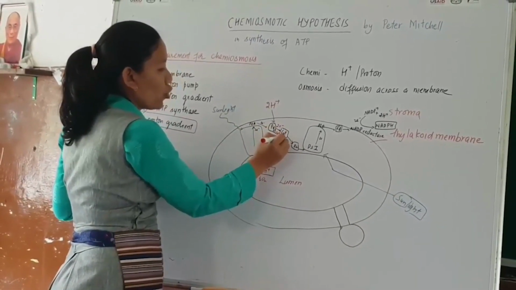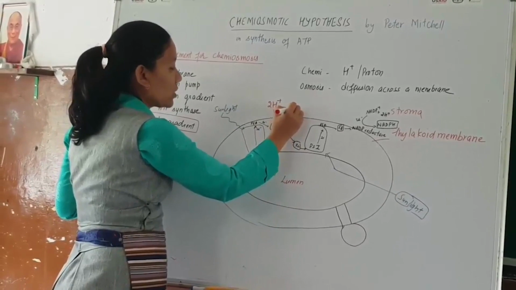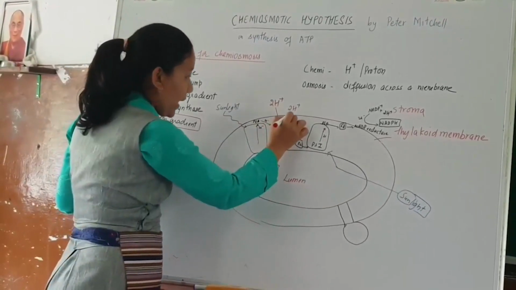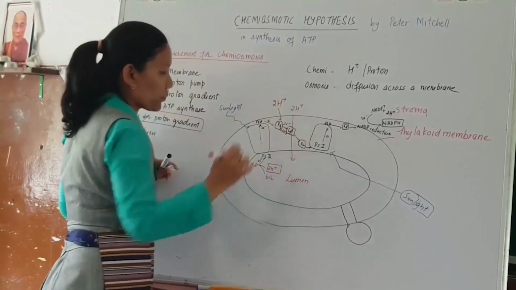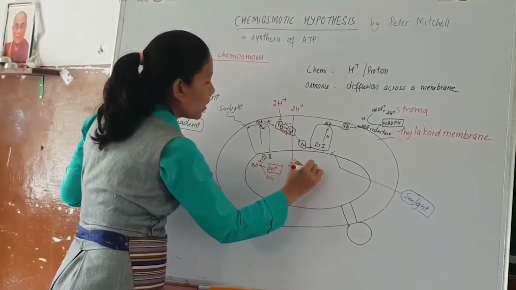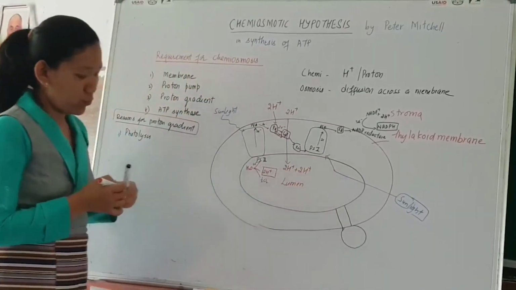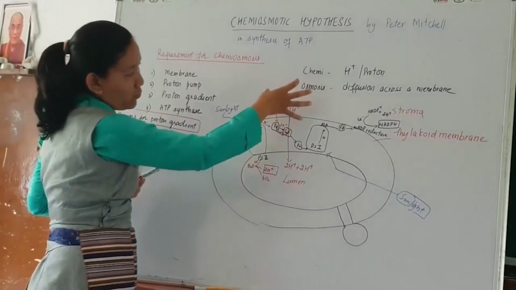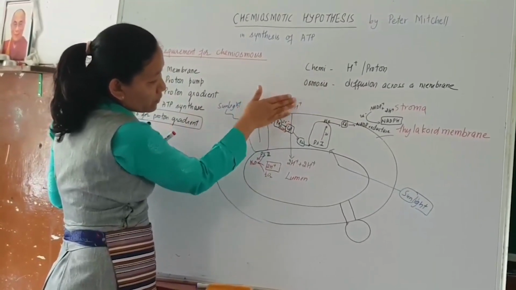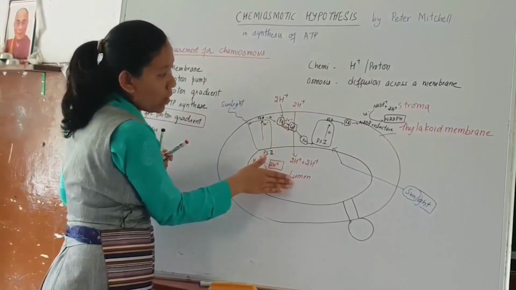And this cytochrome also collects 2 molecules of proton from the stroma and transfers it into the lumen. So we can see that proton is pumped. The proton or the hydrogen ion from the stroma is pumped into the lumen by utilizing